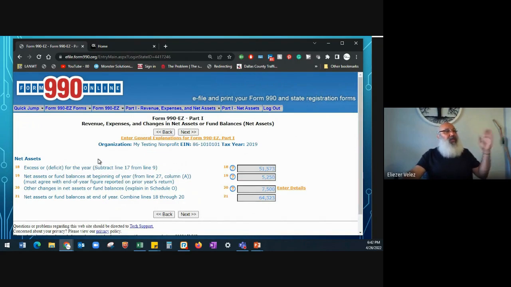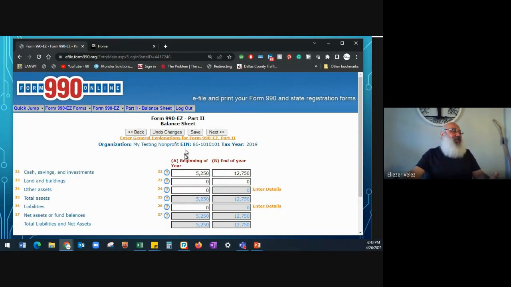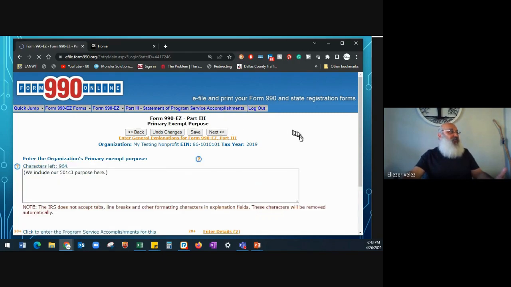So once you begin to process these filings, these items in gray are filled, and so by the time you get here, you've been putting in all of this information, and then this is where the net assets and the fund balances sometimes don't get along, and it's a problem with the filing. This is your balance sheet. This is where everything that you have and own is looked at. So if I go forward,